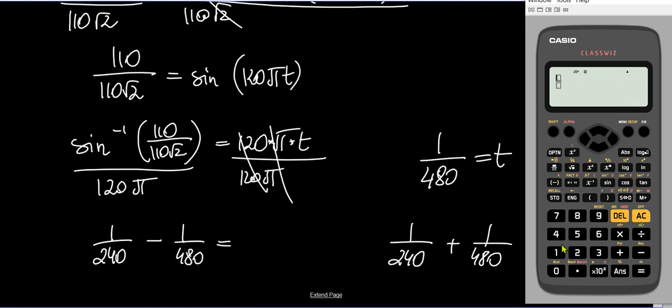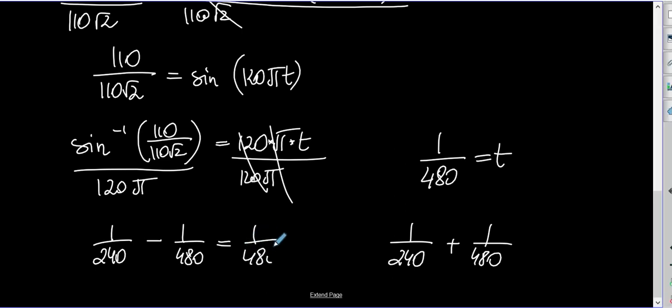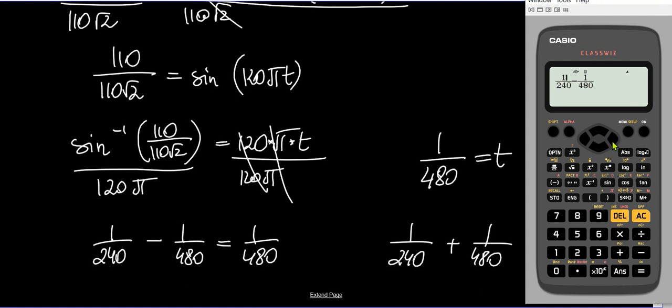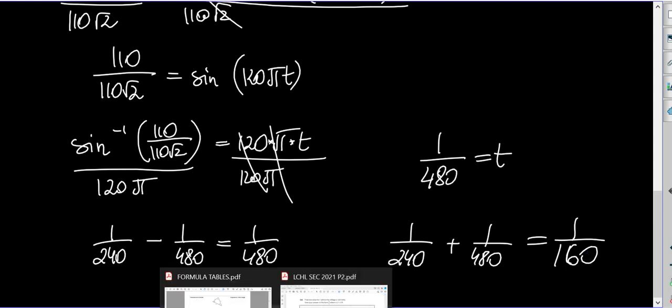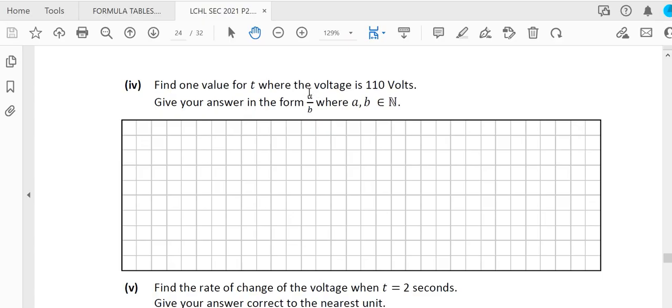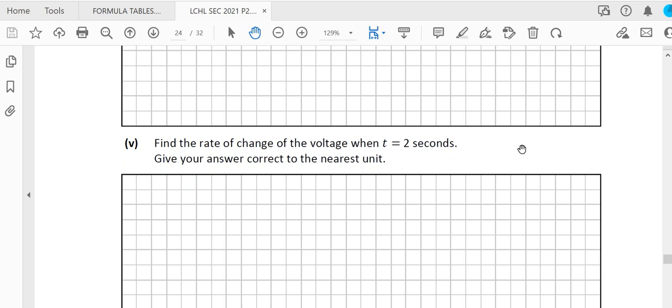So let's see, 1 over 240 minus 1 over 480, that will give me actually 1 over 480, so that's one value, and then plus is the second value, so 1 over 160, that's the second value. Okay, and it fulfills the condition, fraction a over b, where a, b belong to natural numbers, top is whole positive, bottom whole positive, and that's what we have. Okay, and the last part,